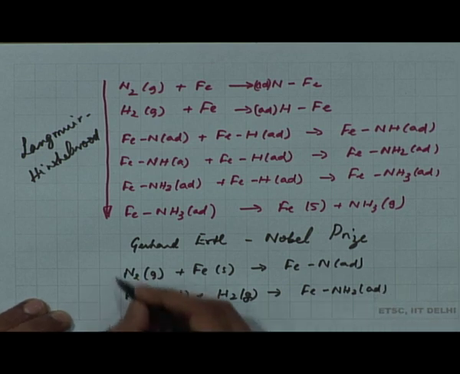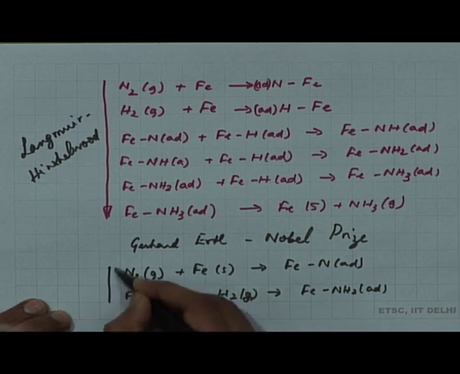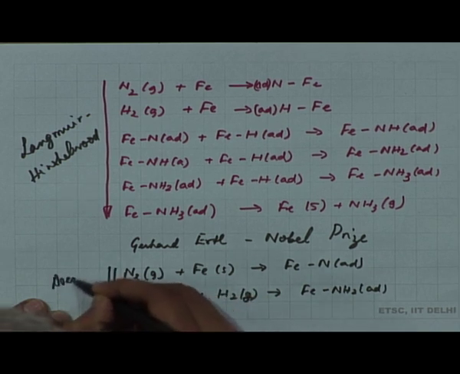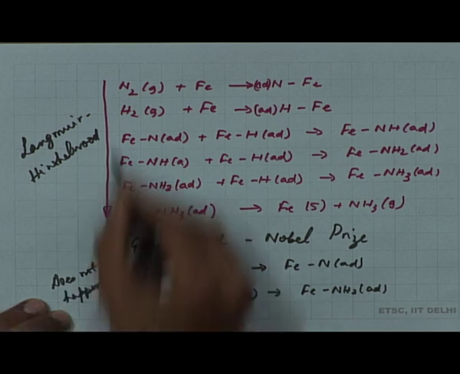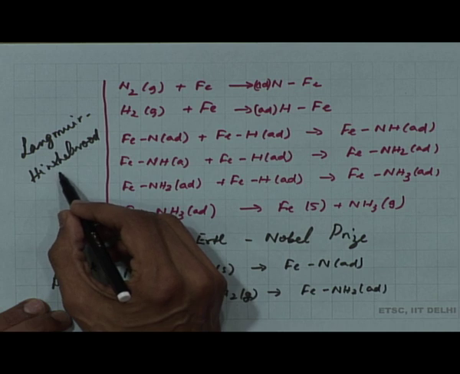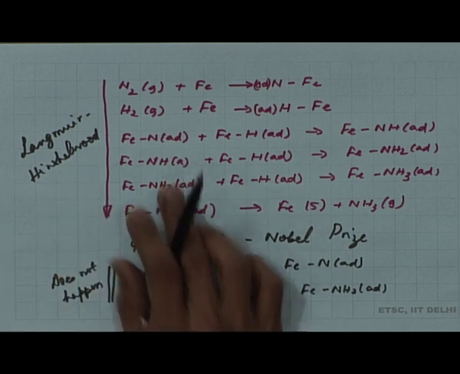This is a different possibility and this has been ruled out. So, this does not happen. So, this is an example of the Langmuir-Hinshelwood mechanism, and that is what works in the case of the ammonia